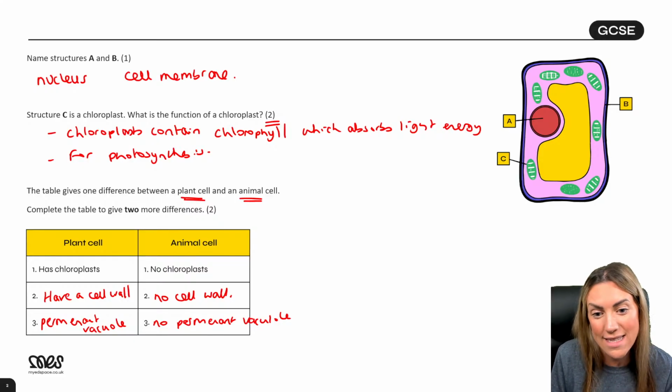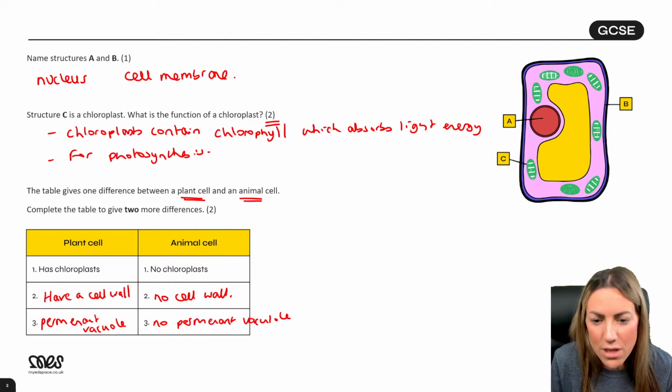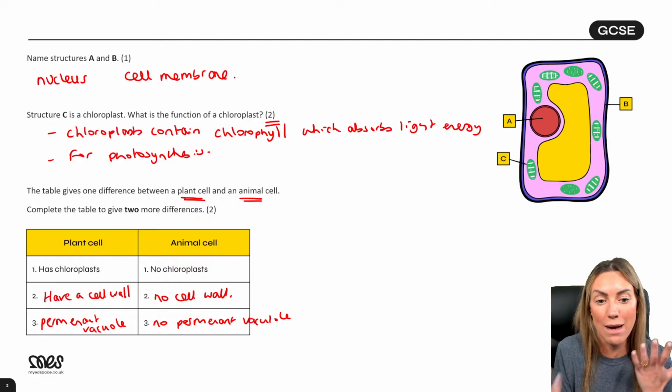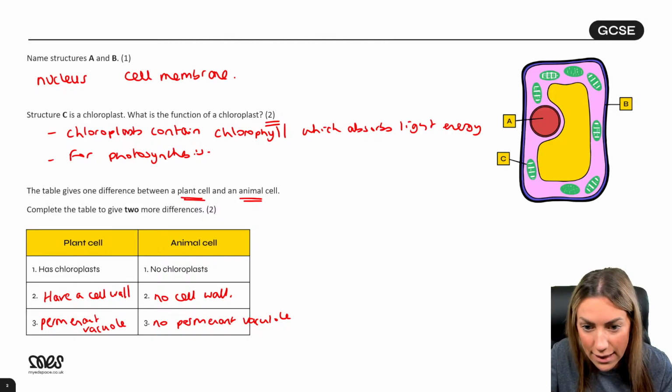A lot of the content is the same. You'll notice with Edexcel, like cells, right? It's the same. But remember, the order of topics is different. You can draw tables in exams, yes. If it's a question about differences, it can be quite handy to put your answer into a table so that you make those differences really clear.